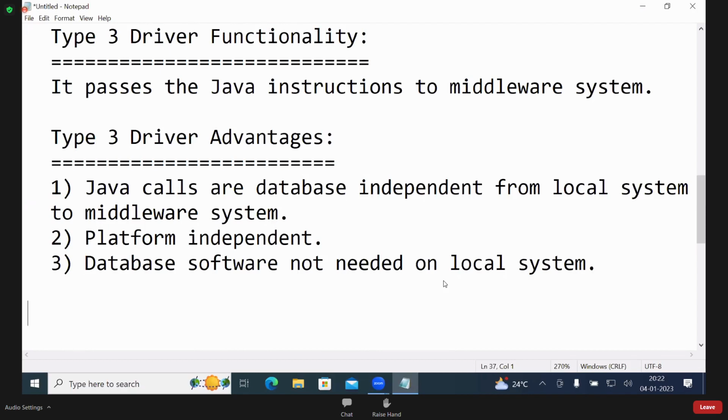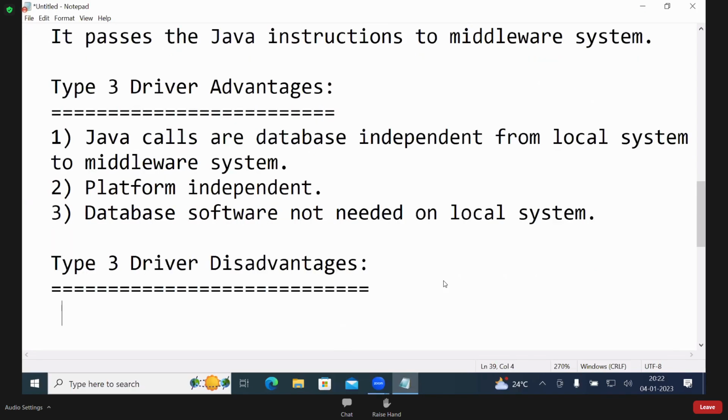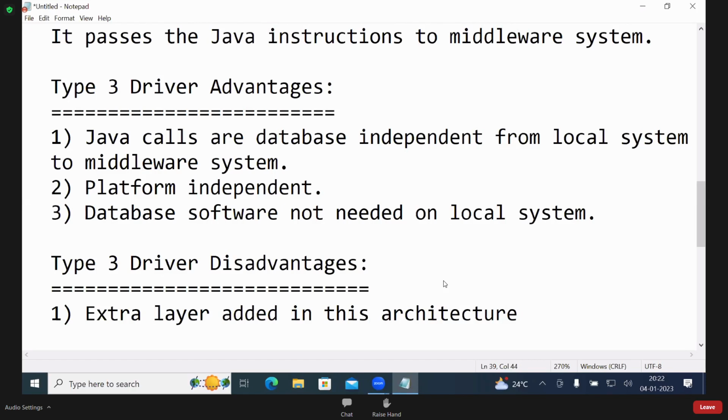See, one disadvantage is there. Type 3 driver disadvantage: an extra layer is added in this architecture.